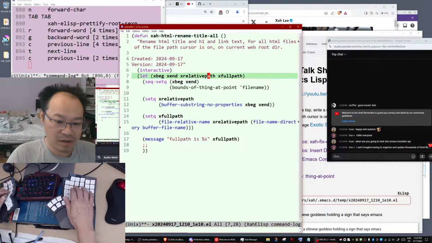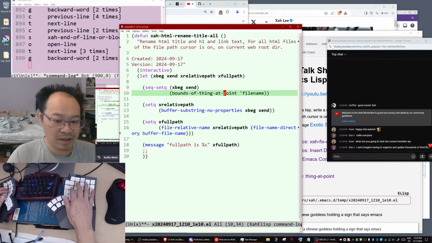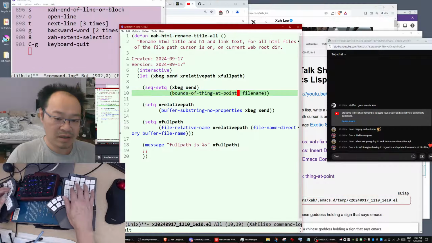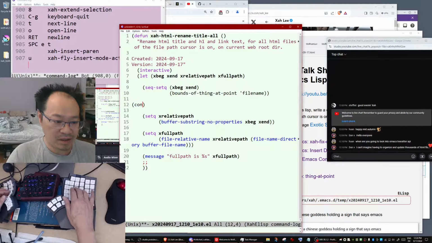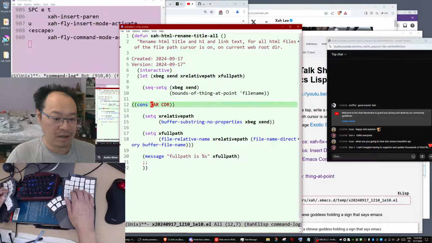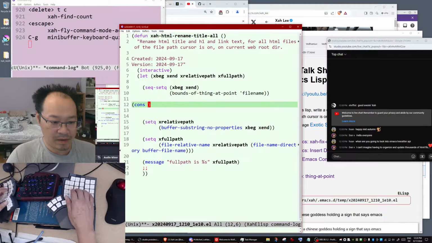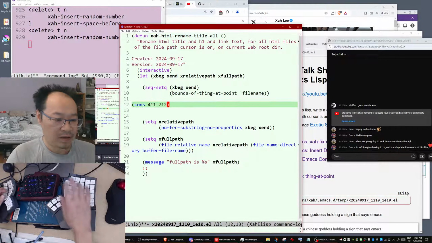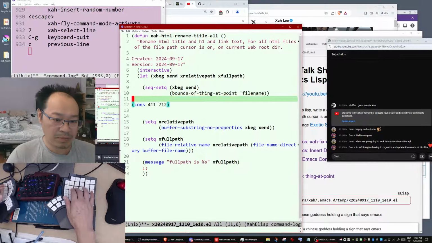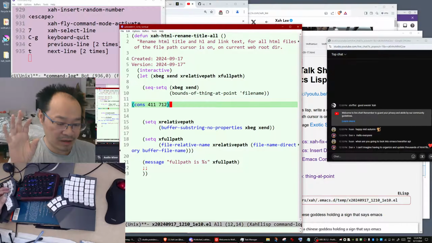Because this is very annoying. This bounds-of-thing-at-point returns a cons pair. So it returns something like this. You see, bounds-of-thing-at-point returns a pair like that, a cons pair.